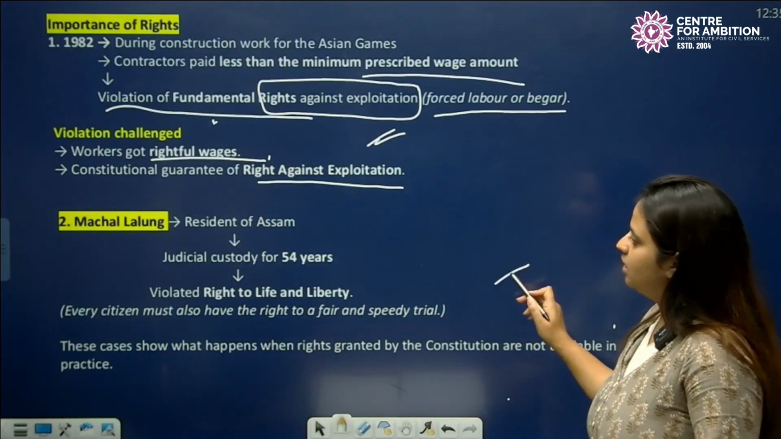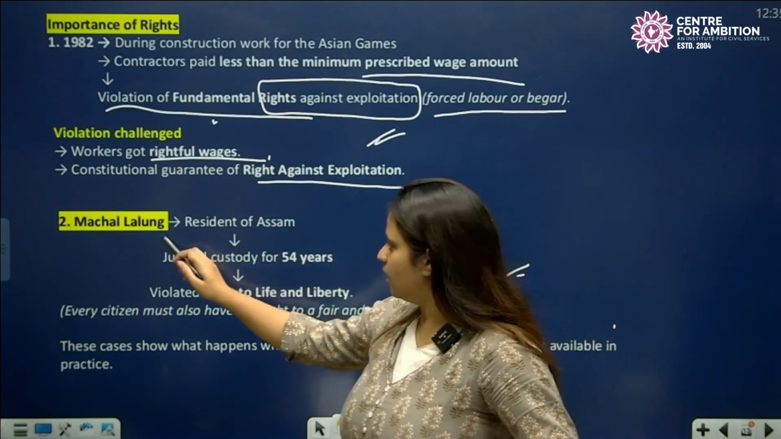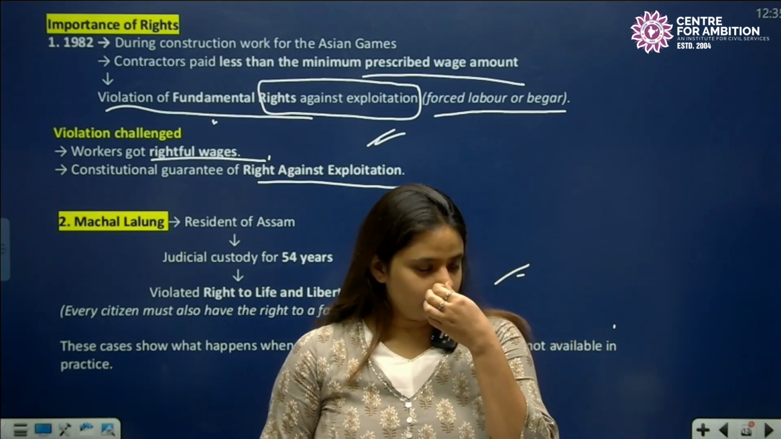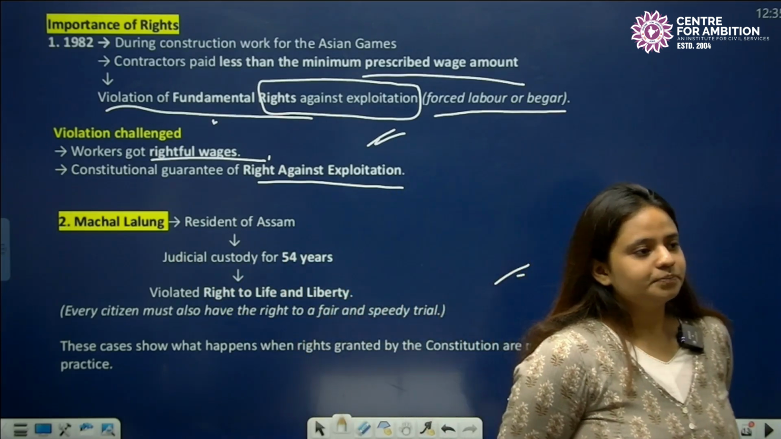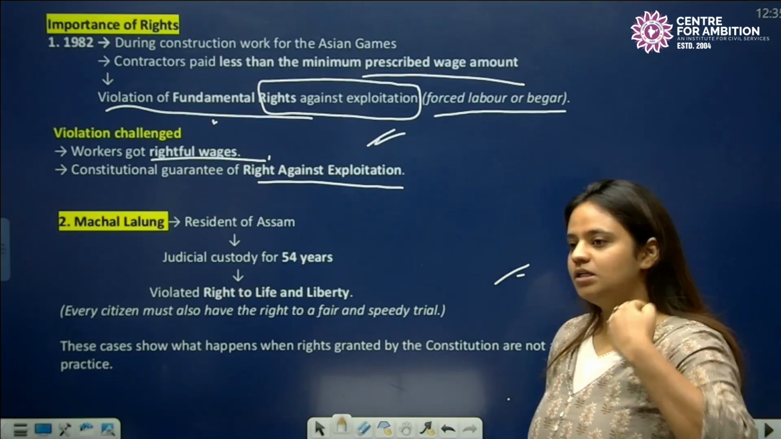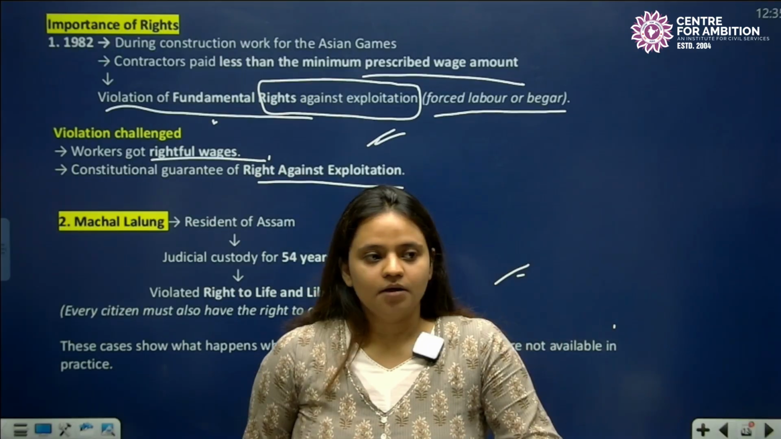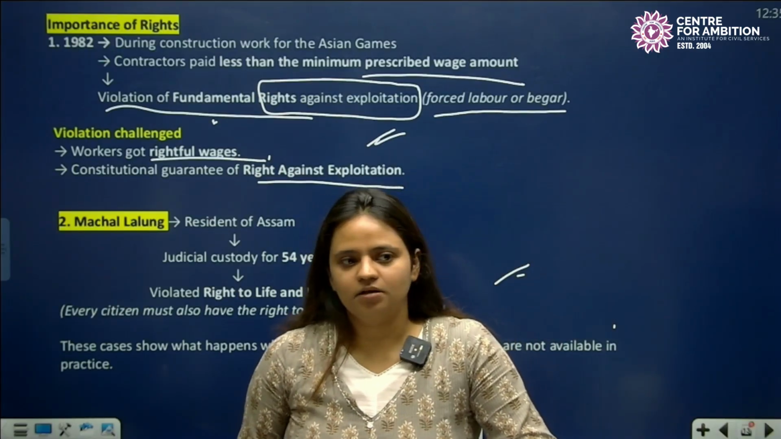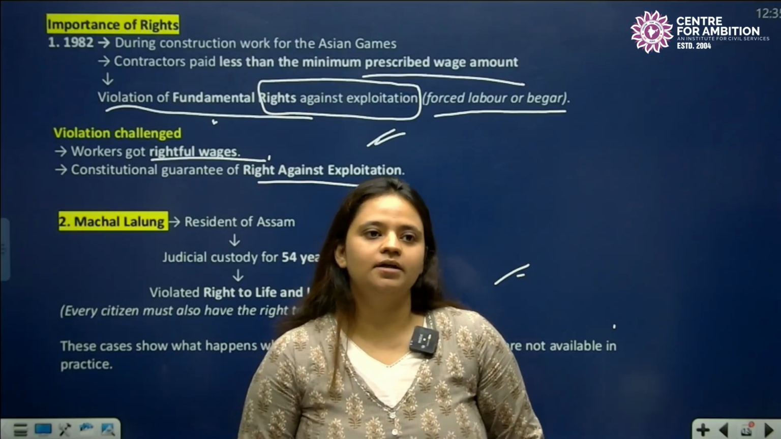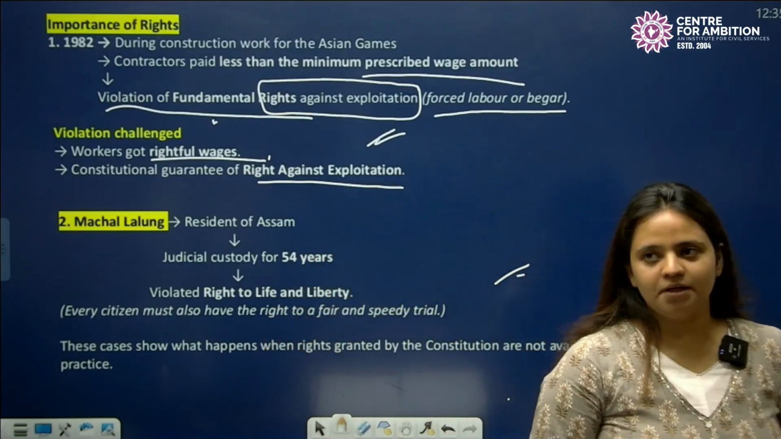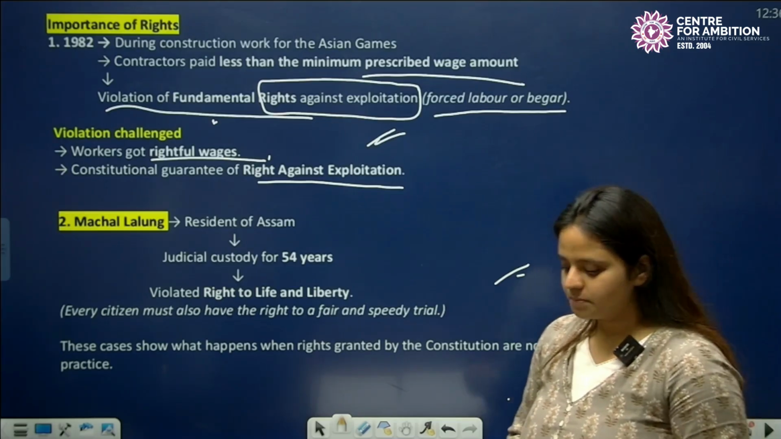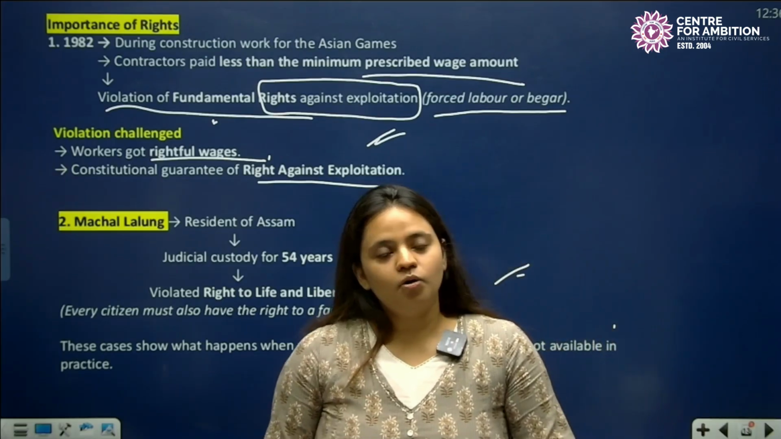Second example, we see that there was this person Machul Lalung, a resident of Assam. So he was in judicial custody for 54 years. Why? Because firstly he was accused of some grievous injuries. ठीक है. तो court pronounced him as mentally unfit for the trial. तो mentally unfit था तो फिर उसको mental hospital भेजा गया for the treatment of his illness. तो जब mental hospital wrote court that